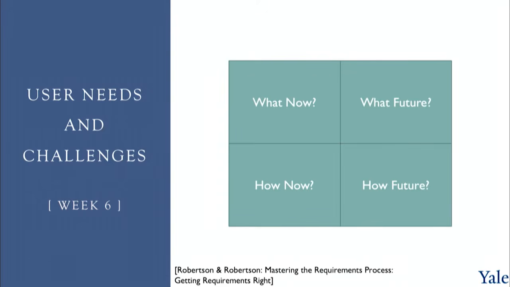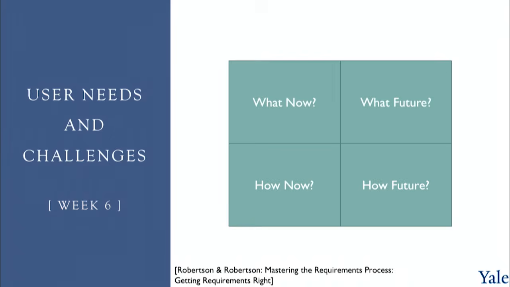So the first step of the process is to figure out what our users need. Now, you can go and talk to your users, and they might tell you what they need, or they might tell you what they think they need. And most of the time, you're going to get the immediate information. This is what's bothering me right now. This is what I think my problem is. Your job now as a designer is to take that information and abstract it